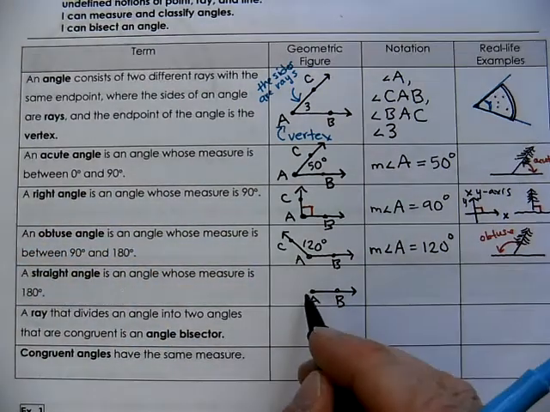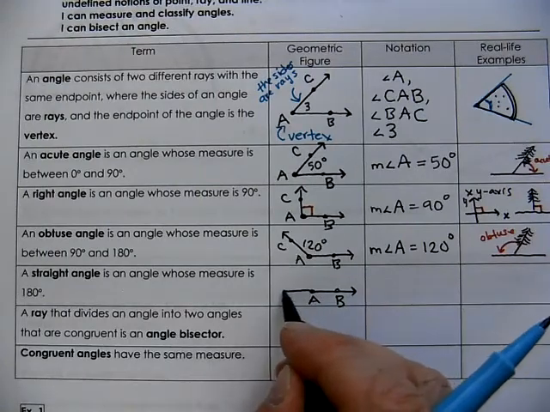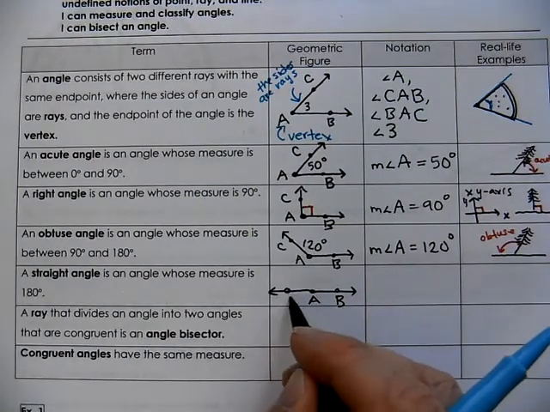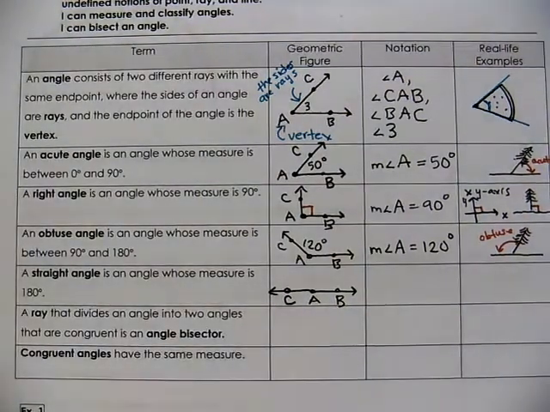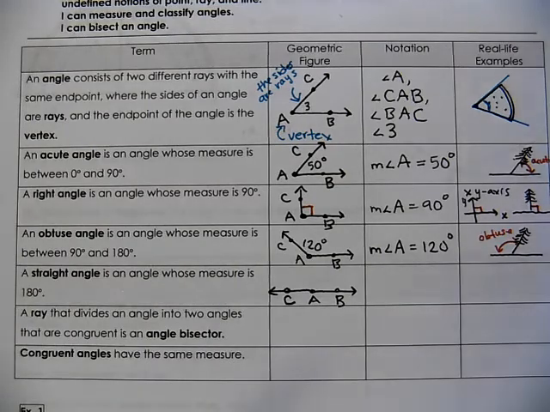So it looks like just a straight line. The sides of the angle have opened up so far that they are pointing in opposite directions. We have an example of two opposite rays, and they form a straight line, and we have exactly